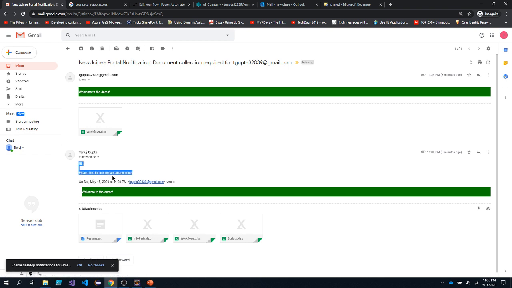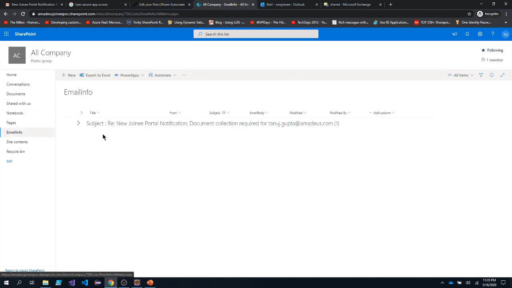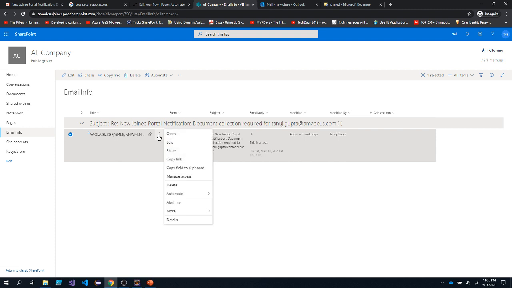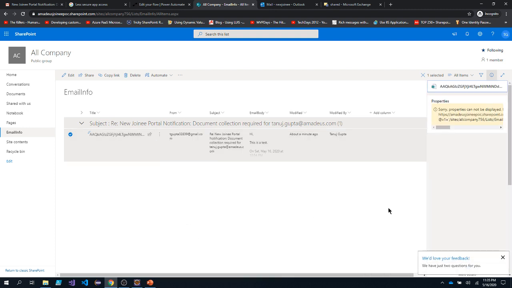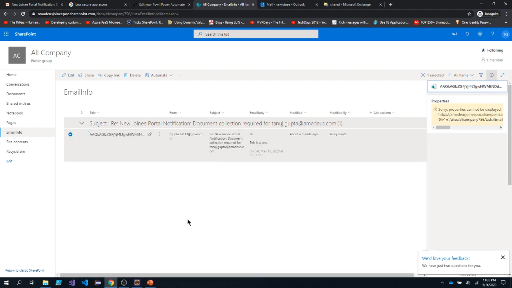So these are the attachments that we are already storing inside the SharePoint document library. Also, I want to store this content. If I go under the email info list, you can see one new entry has come. And here, if I see the detail view, I do not know what has happened here, but it should show the detail section.